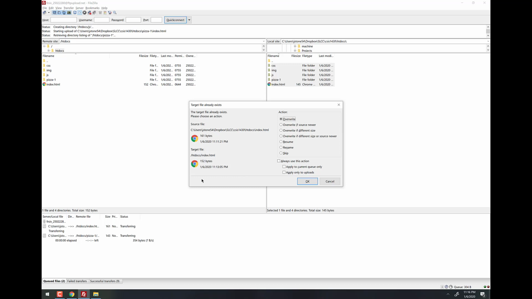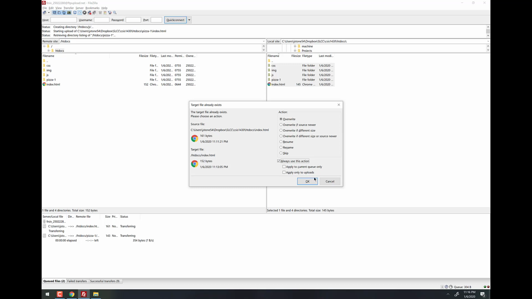But if you just click OK, what's going to happen is it's going to ask you again with the next file, and again with the next file, right? So you can set something like overwrite this if the source is newer. That will just overwrite this one file that we're looking at right here. And then it'll ask you the same question again on the next file, and you'll choose an option. That can get really tedious, or you can just sit here and click OK 1,000 times for every single file you're uploading. However, what you can do is say always use this, but be careful, because if you do that and click OK, then from now on, every time you ever use FileZilla, it will always overwrite no matter what.